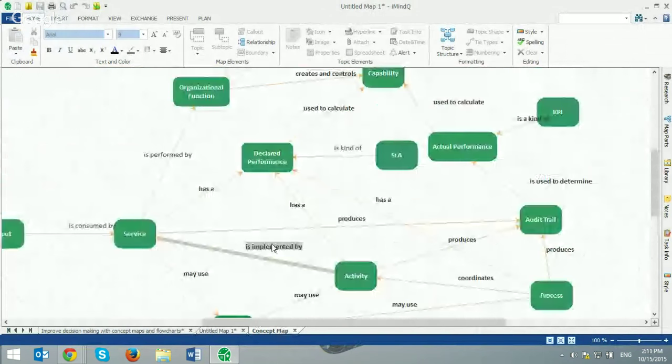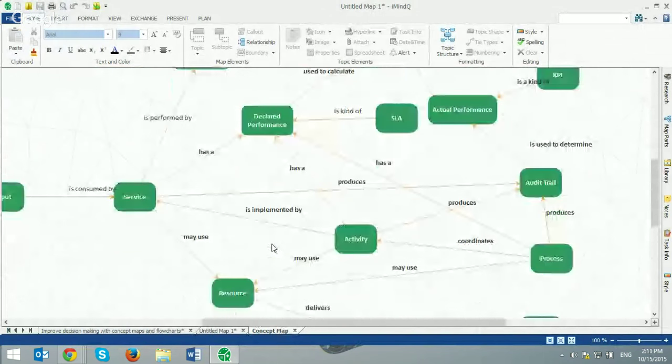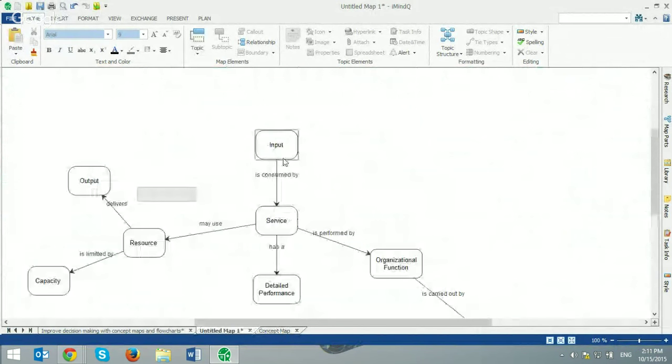You can start your concept map by going top to bottom. You can go from left to right, whatever suits you best. As you've seen here, I can go back to the concept map that I showed you how to create. And if you want to format a node, you have to select it